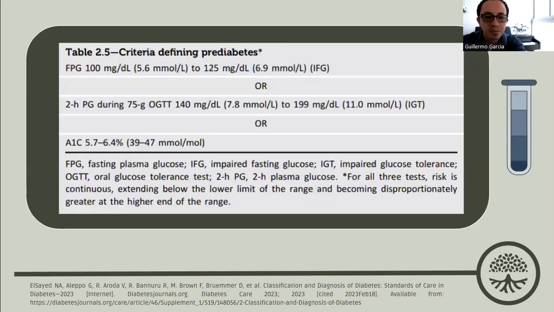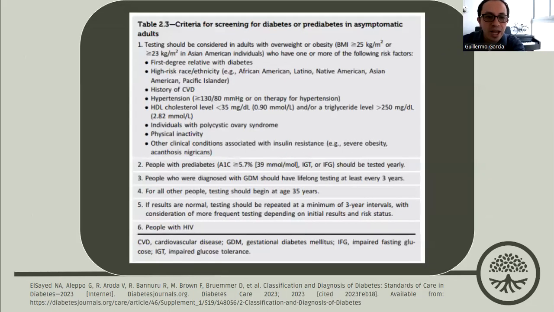risk factors. The criteria are as follows: a plasma fasting glucose between 100 to 125 milligrams per deciliter, or a 2-hour plasma glucose during a 75 gram oral glucose tolerance test between 140 to 199 milligrams per deciliter, or a glycated hemoglobin between 5.7 to 6.4%. In addition to the above, we must consider the criteria for screening for diabetes or prediabetes